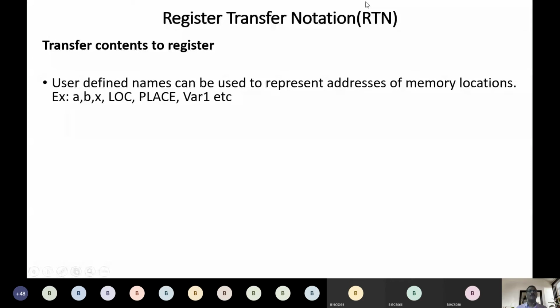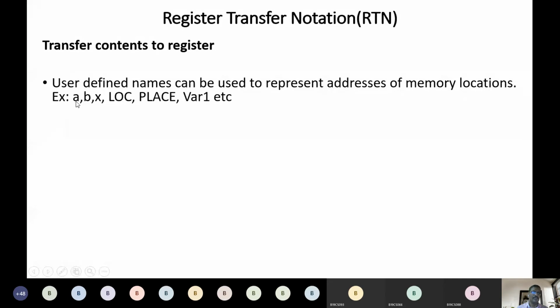We already know in C language we use variables like A, B, X, var1 and so on. What do these variables represent? They represent a memory location in main memory. For example, I write int A. What does A mean?